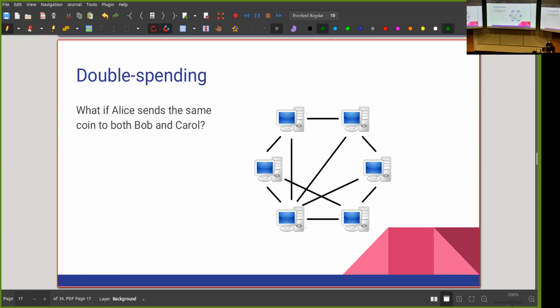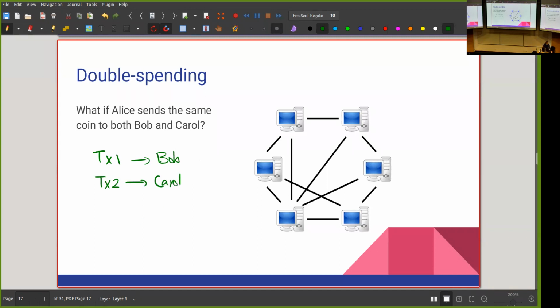The problem is what we call double spending. So let's say I'm Alice, and let's say I have 1 Bitcoin. I can create 2 transactions, and in one of my transactions, I can send my coin to Bob. And then I can create another transaction, maybe at the same time, and send that same coin to Carol. So let's say I have 2 transactions here. So transaction 1 is sending the money to Bob. And transaction 2 is sending the exact same coin to Carol.